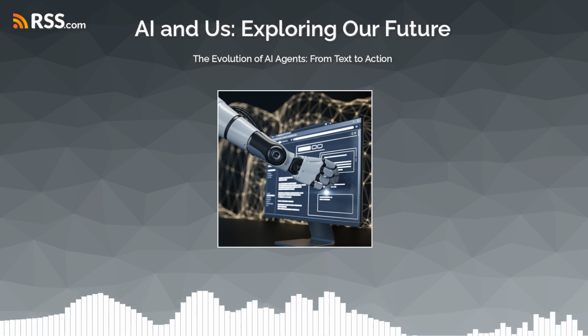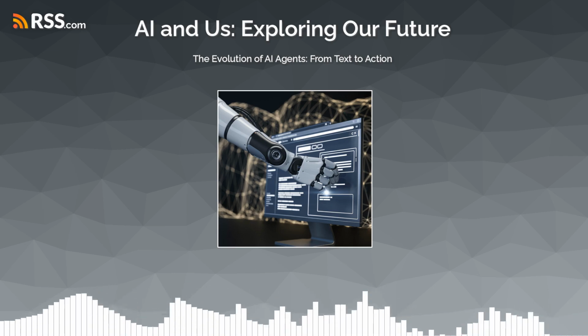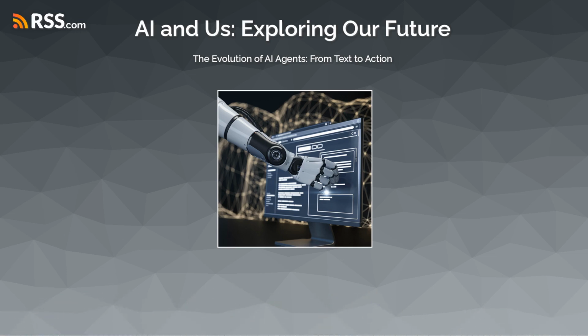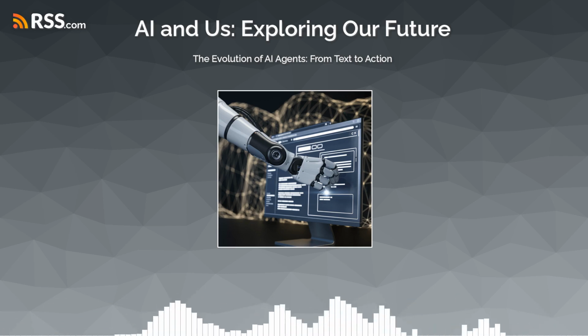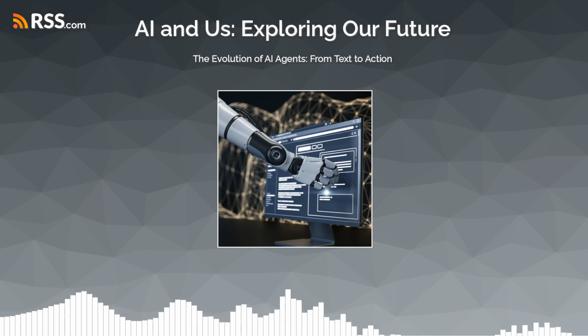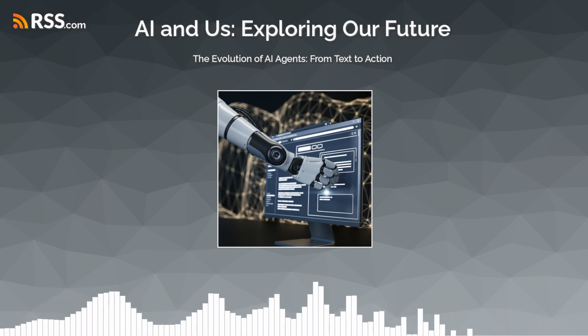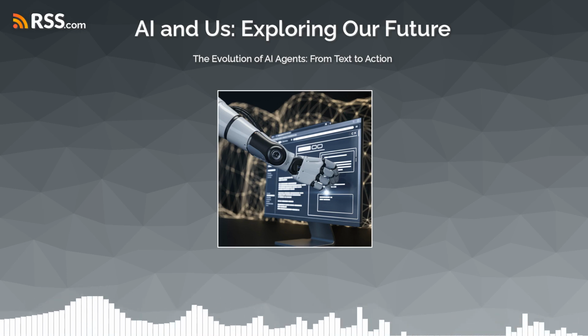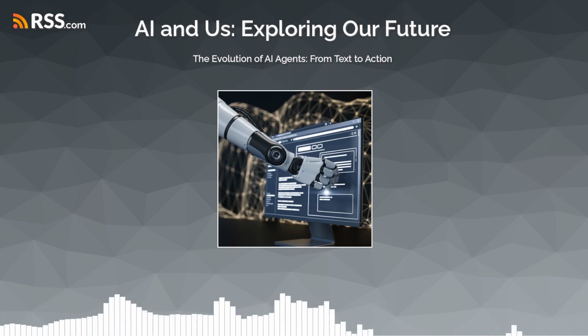Well, one possibility is a change in how we think about work. If AI can automate a lot of those tasks that define our jobs right now, we might need to rethink our definition of work altogether. That's interesting. So what would replace work as the focus of our lives? Well, some people are saying that we'll see a rise in leisure and creative pursuits. Imagine a world where people just have more free time to pursue their passions, to connect with their communities, and just to enjoy life.